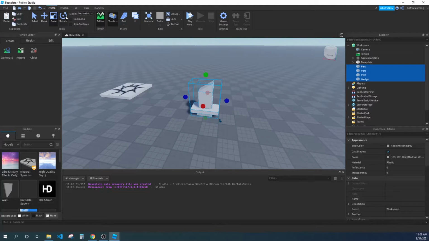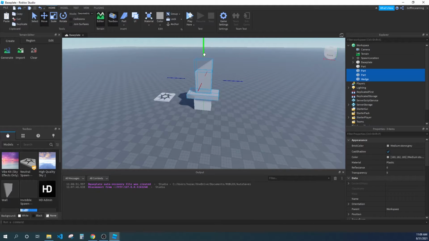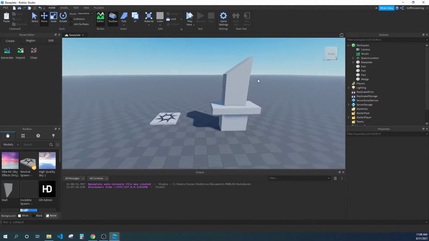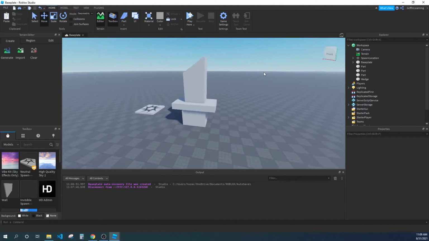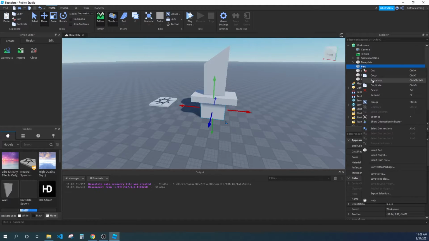And now we can make this a little bigger, just so I can see it better. The bottom part, we can scale this bigger. And we can just move this a little up. Move these a little up. Just like that. So you guys can play around with this, and then once you've made something you like, you can click the bottom part, rename that to handle,